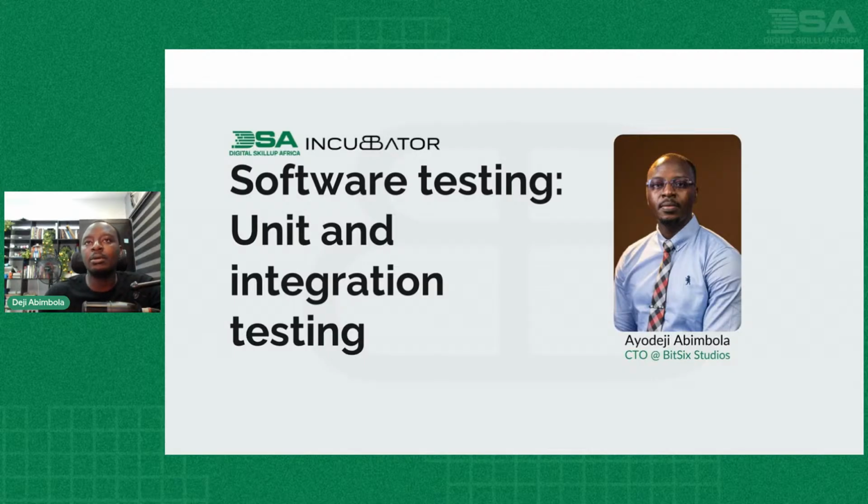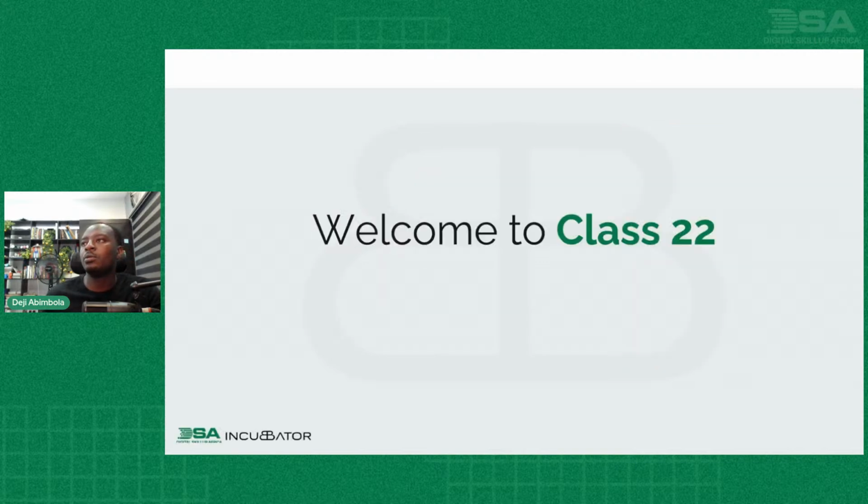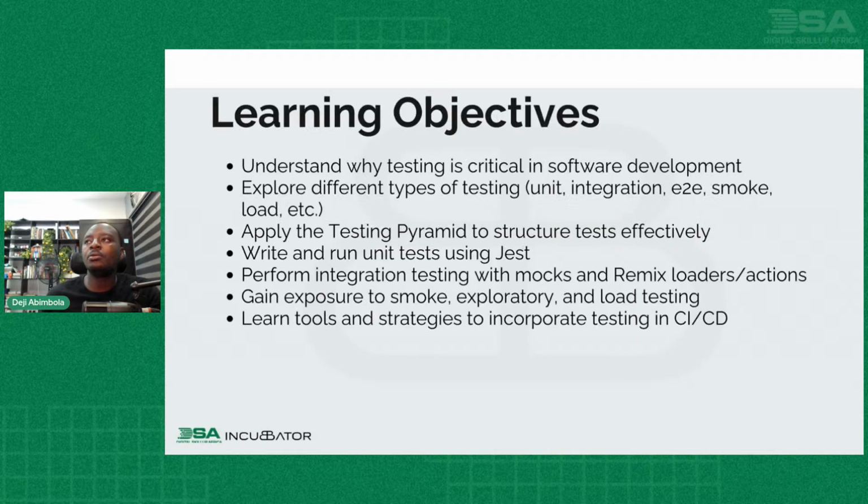So in our class yesterday, we mentioned that you will typically run tests as part of your continuous integration, right? So we also see how to set that up as part of a CI process using GitHub Actions. Okay, so once again, you're welcome to class 22,